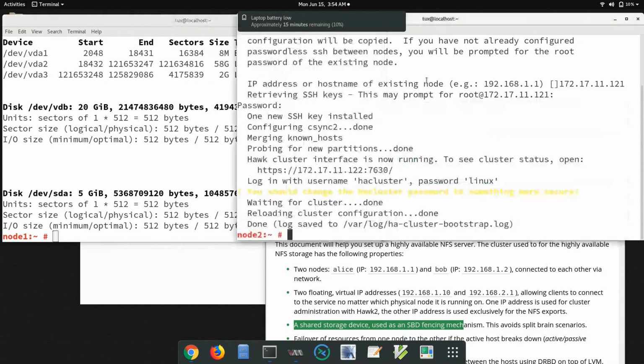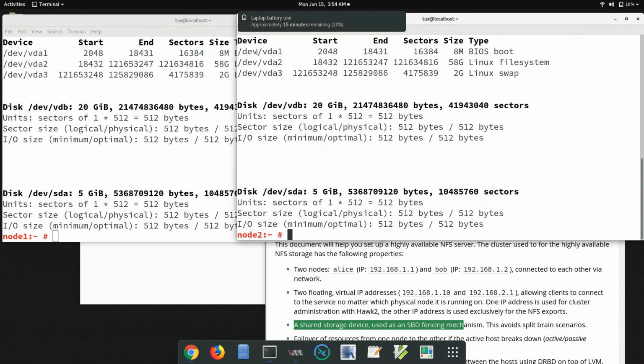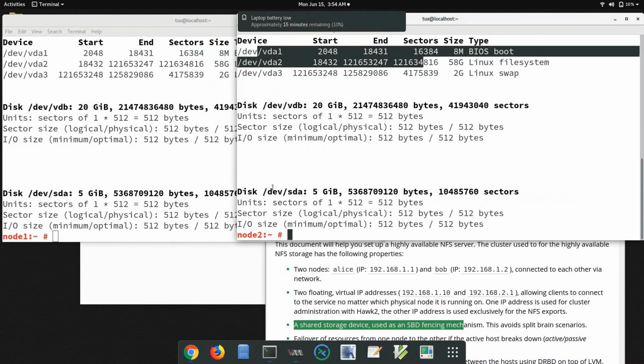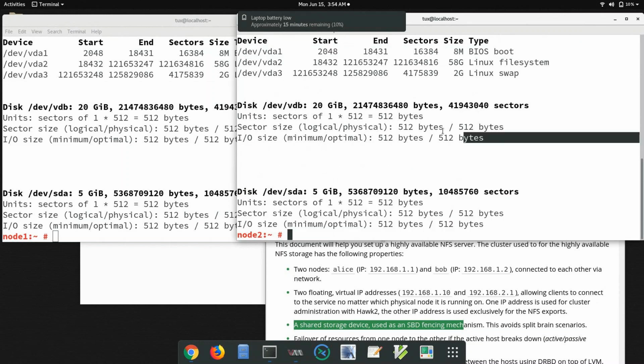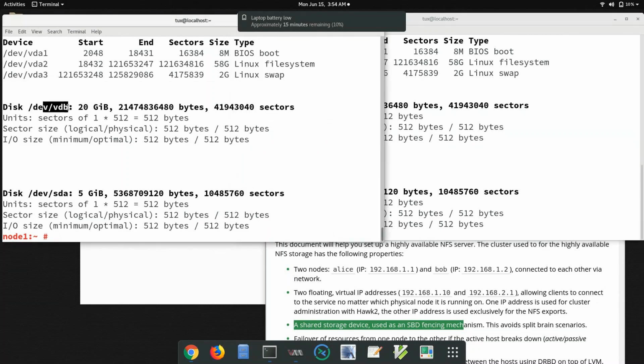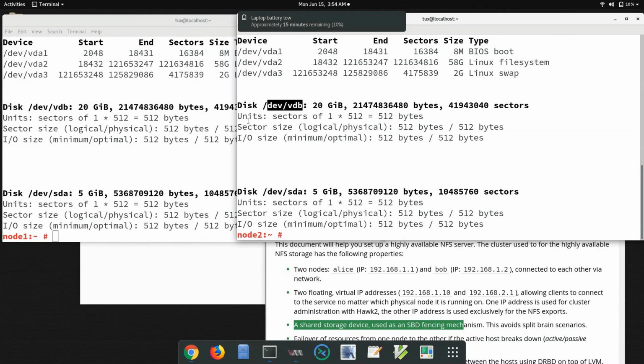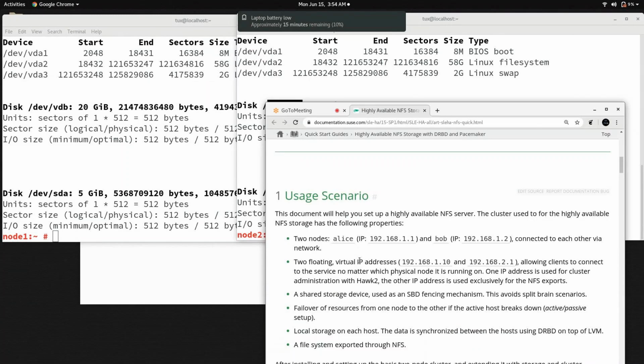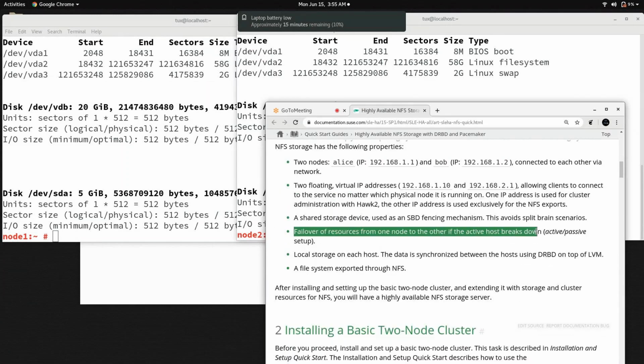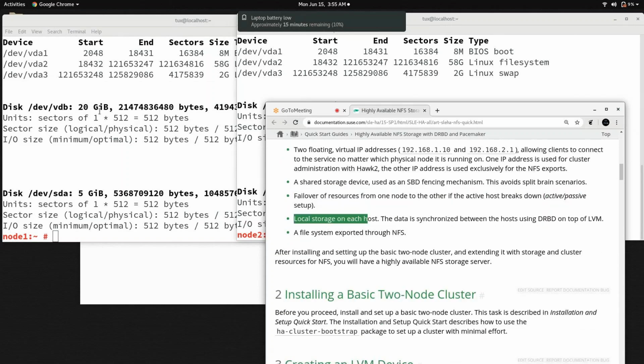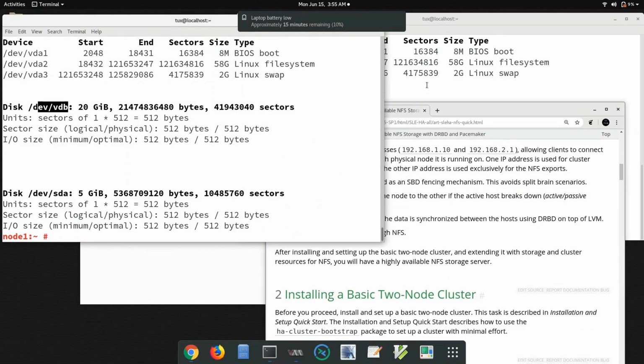And I have the same configuration on the second machine. If I run it there, yes, we have one OS disk, one disk for SBD, and the next additional disk which is completely free, 20 GB. I will use replication between this disk on the first node and the disk on the second node. So we have two disks attached, one on each node, for failover. If one node is down, the second one takes over, that is the meaning of active passive. Local storage on each node, yes, I have added this local storage. That is completely up to you.